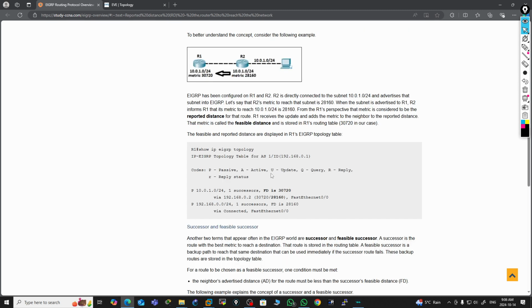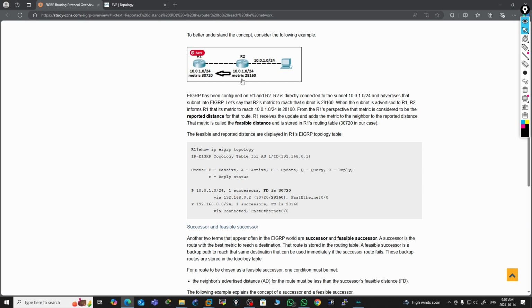There's also a concept of successor route and feasible successor route. You see it in the show EIGRP topology output, where you see successors. In this diagram, we have just R1 and R2, and then the PC connected to R2. If R1 wanted to know about this PC and there was another route other than the one coming from R2, we would be able to see a feasible successor